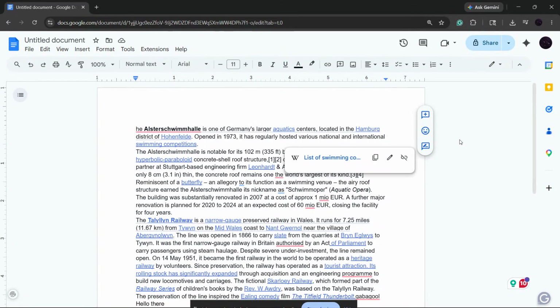If you've ever wondered how to change Grammarly to British English, you're in the right place. In this video, I'll show you exactly how to switch Grammarly's language setting to British English using both the browser extension and the desktop app on Windows and Mac. This is really useful if you want Grammarly to check your spelling, punctuation, and grammar in British English instead of